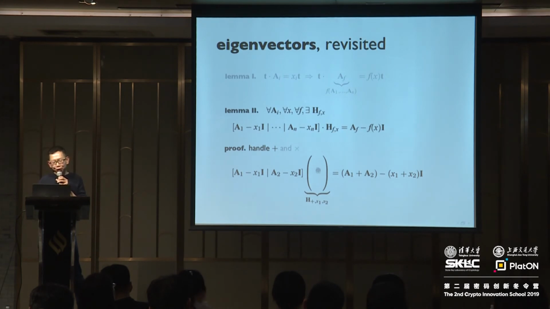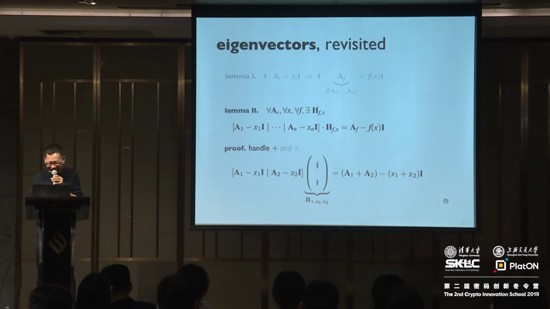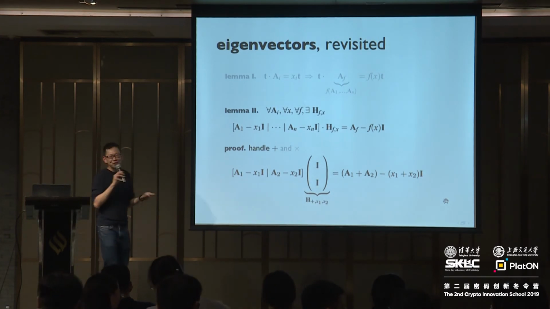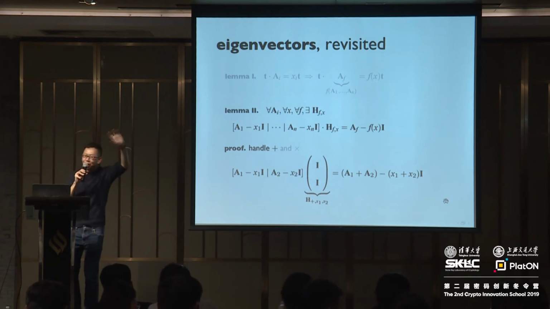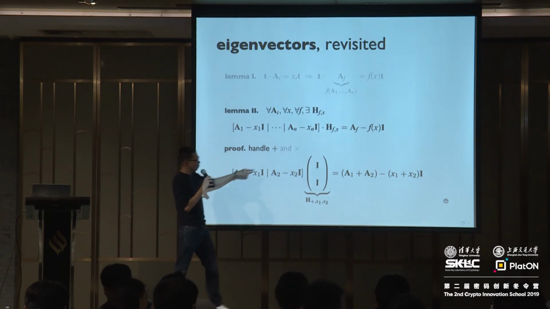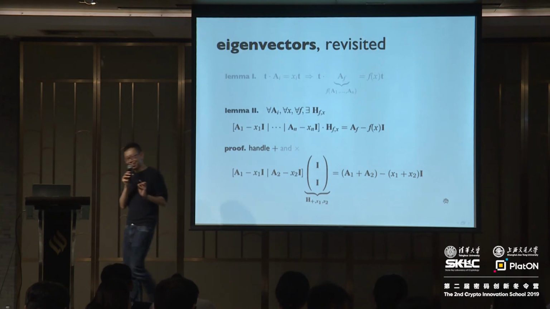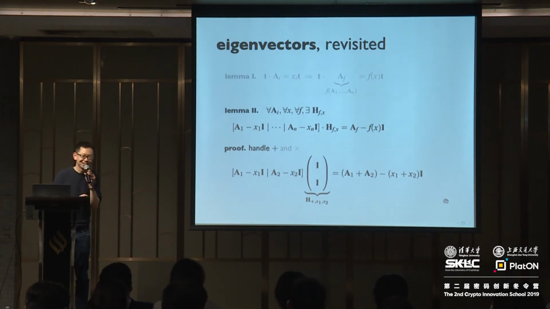So now I need to construct a matrix H with the property that this times H is equal to this thing on the right-hand side. So let me try. Actually, I gave it away. I meant to ask you. It turns out if you pick H to be 2 copies of the identity matrix, it checks out perfectly. You should think of this product as this times this, plus this times this, which is exactly the right answer. Any questions?